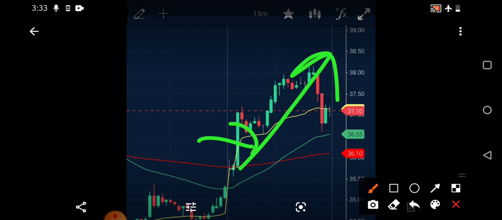If it is coming below VWAP, then you can go for short selling. Clear? Very clear. When it is coming below VWAP, you need to go for short selling. When it is trading above VWAP, you need to search for buying opportunities only. That is simply clear. For VWAP, you can directly go to the indicator section and click VWAP, and directly it will be implemented on your charts. Very simple, right? So this is the basic setup. The advanced setup that I wanted to discuss would be very beneficial for intraday traders. In the next videos also we'll try to discuss in the same way various screeners, specifically for breakouts. That video is also going to be very interesting.